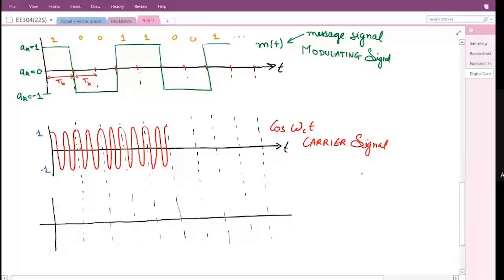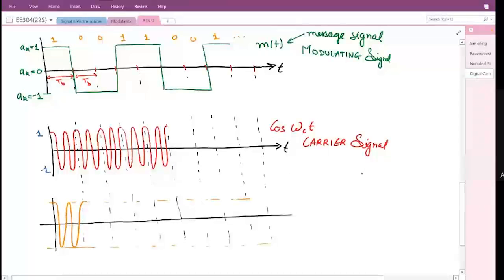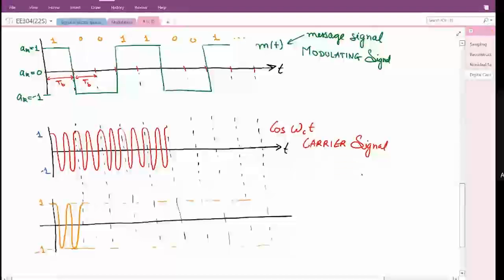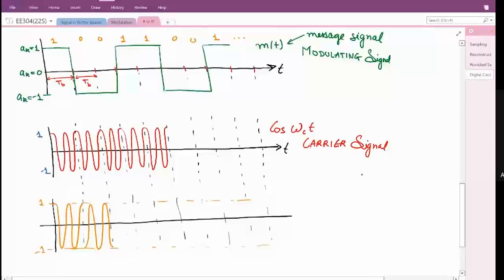Okay, first let us draw the guiding lines, because the amplitude of the signal should not change. So it should be like this, and where this has turned 0, then in that case it should be starting not from plus 1, it should be starting from minus 1, like this, and again there is a 0, so it should be starting from minus 1, like this. From here it should be plus 1, so it should be like this,